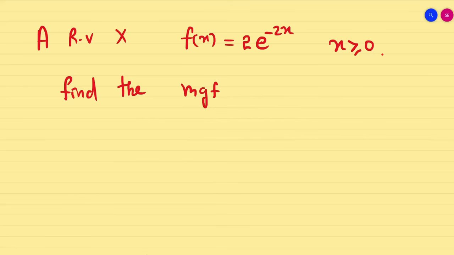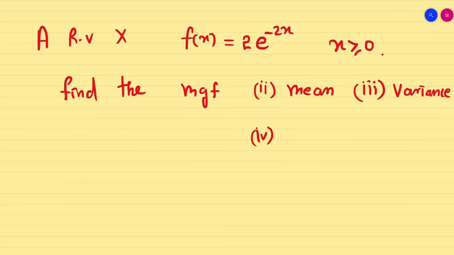Find the MGF, then mean, then variance, then finally you have to find first 4